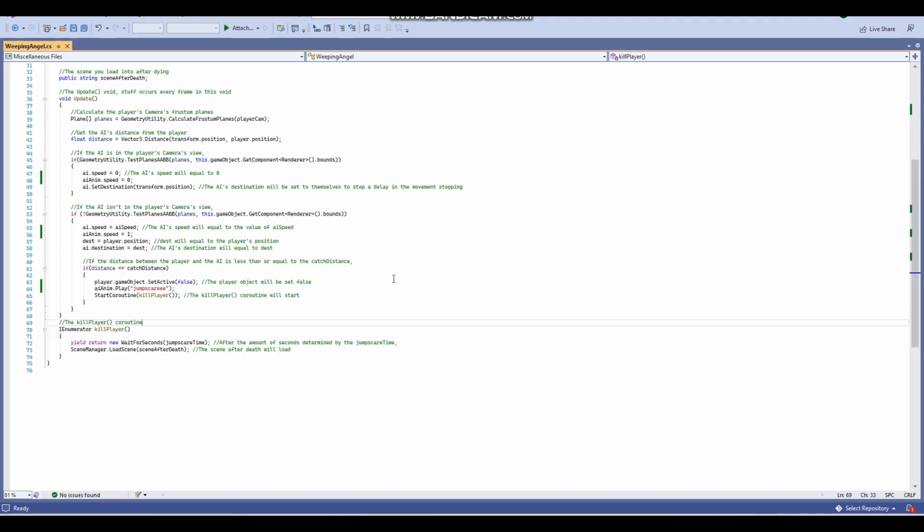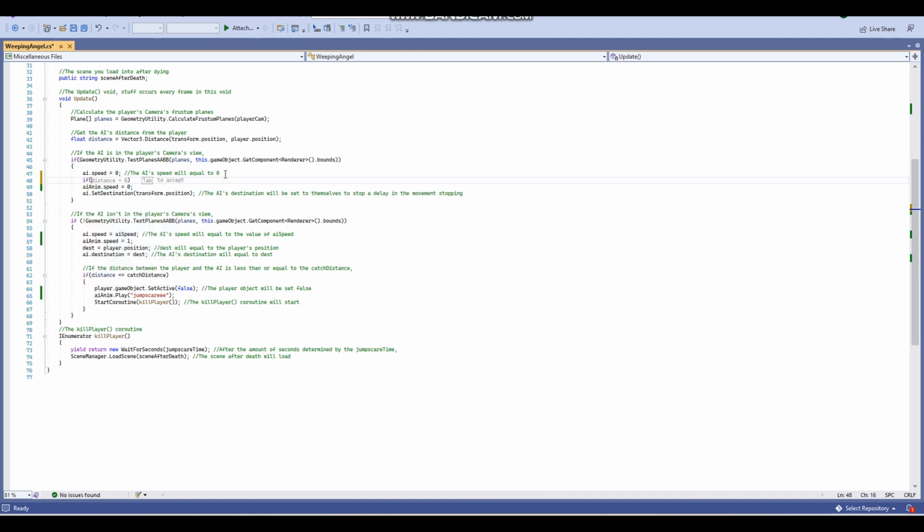Okay, guys, so I have a bit of a theory as to why that jump scare animation might not be fully playing, and what I think it might have to do with is because somehow the Weeping Angel is still being detected by the player camera or something like that, and perhaps the AI's animator speed is being set to 0 because of that. So what I'm going to do to test that theory is, in this line of code here, so when the player is looking at the Weeping Angel, I'm going to go if player